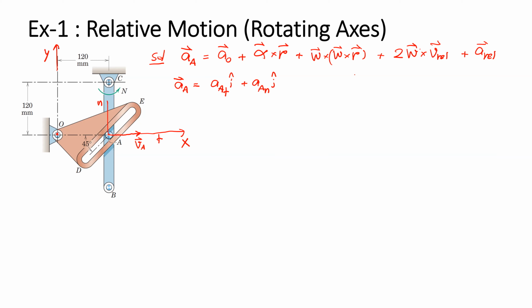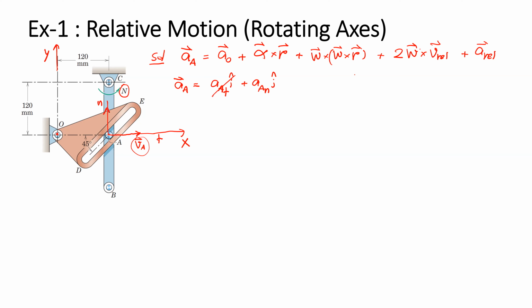For the tangential and the normal acceleration, if the link CB rotates with constant angular velocity, the tangential acceleration will be 0. But the normal acceleration,